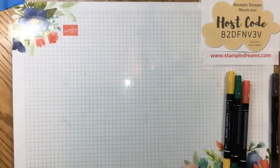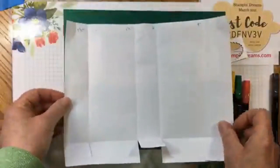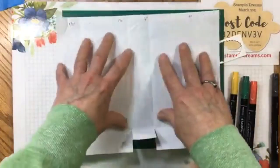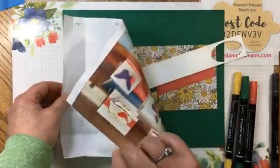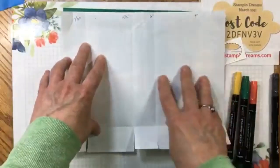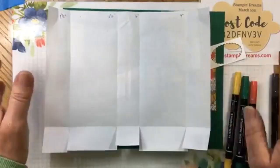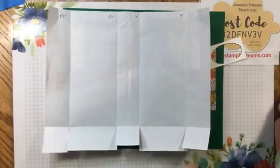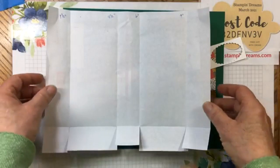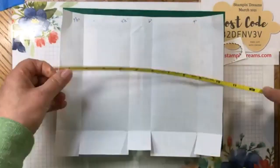All right, so we have our pieces right in here, but let me show you how I start my projects. I always take a piece of scrap paper. It's an old flyer that I had printed, and this is my mock-up that I use so that I'm not wasting and accidentally making a boo-boo on any measurements. So my piece here measures